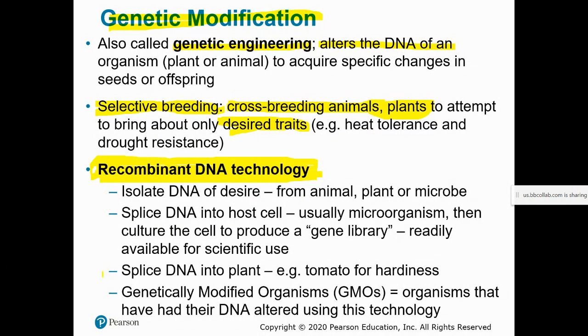So here is a really brief overview of what recombinant DNA technology does. The first thing to do would be to identify a desired trait, whether that's in an animal or a plant or even a microorganism. And one of the most common things we identify from microorganisms is pesticide resistance. So let's actually go with that example. Researchers can identify a microorganism that successfully resists pesticide, right?